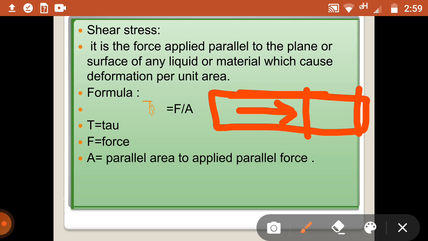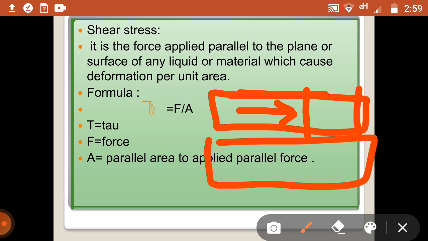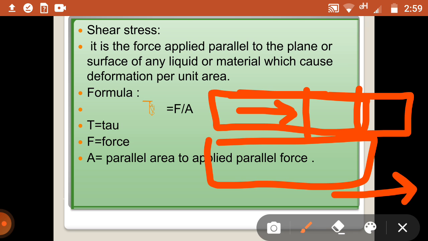When you apply a force, this is another layer, suppose. It can shift towards there. There is a difference in their distances. Understand? Whenever you apply shear, there is a change in position, a deformation, a displacement of the parallel layers of the fluid which are in contact with each other. There's a gap in between them in which the shear stress or shear force is present, which is applied force per unit area.